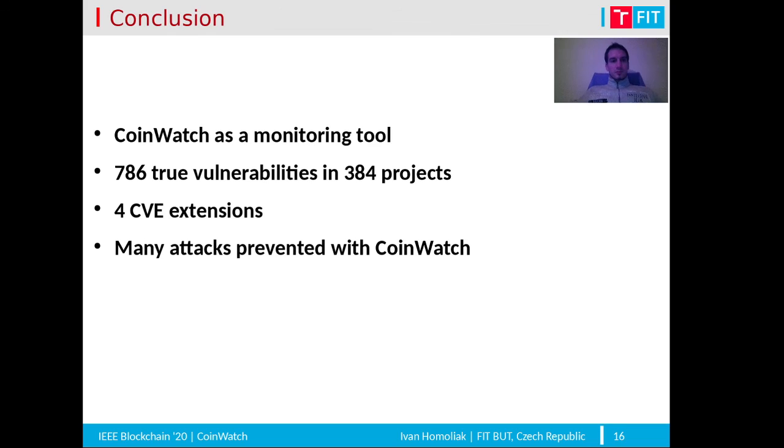tool. So in conclusion, we propose CoinWatch as a monitoring tool for cryptocurrencies forked from a parent project. We found almost 800 vulnerabilities in almost 400 projects. We reported 4 CVE extensions, which were confirmed by the developers and by NVD. And we argue that many attacks could have been prevented if CoinWatch was used to monitor these projects in a